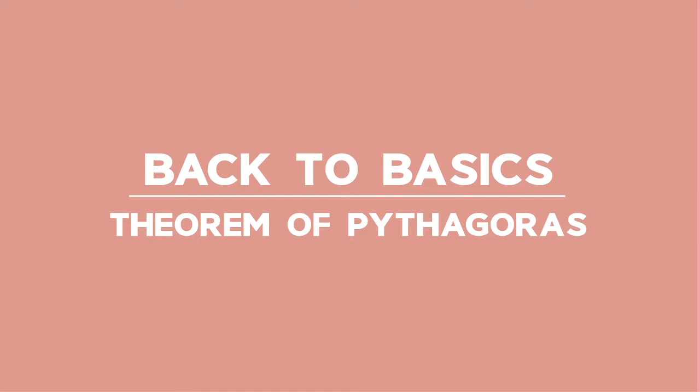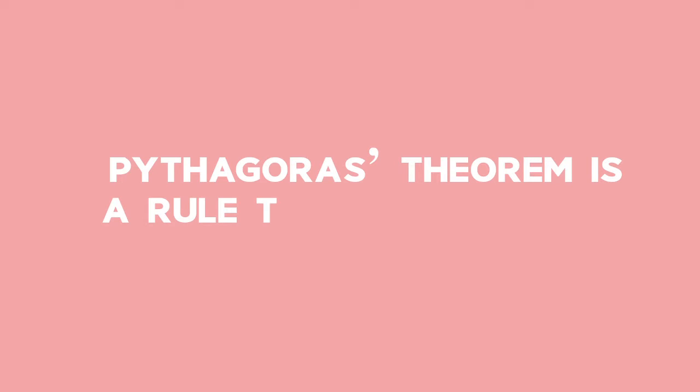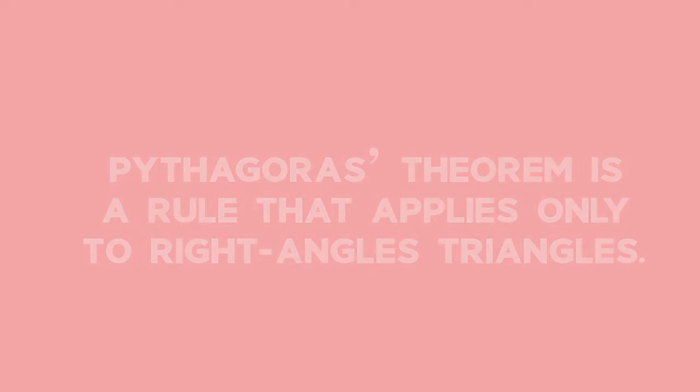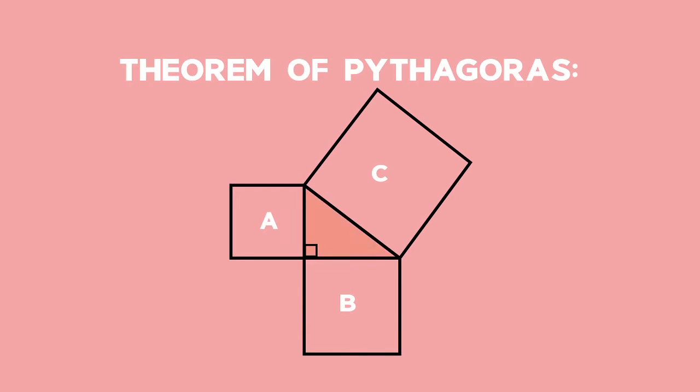Theorem of Pythagoras. Pythagoras' theorem is a rule that applies only to right-angled triangles. The theorem is named after the Greek mathematician Pythagoras. When a triangle has a right angle, that is an angle equal to 90 degrees, and squares are drawn on